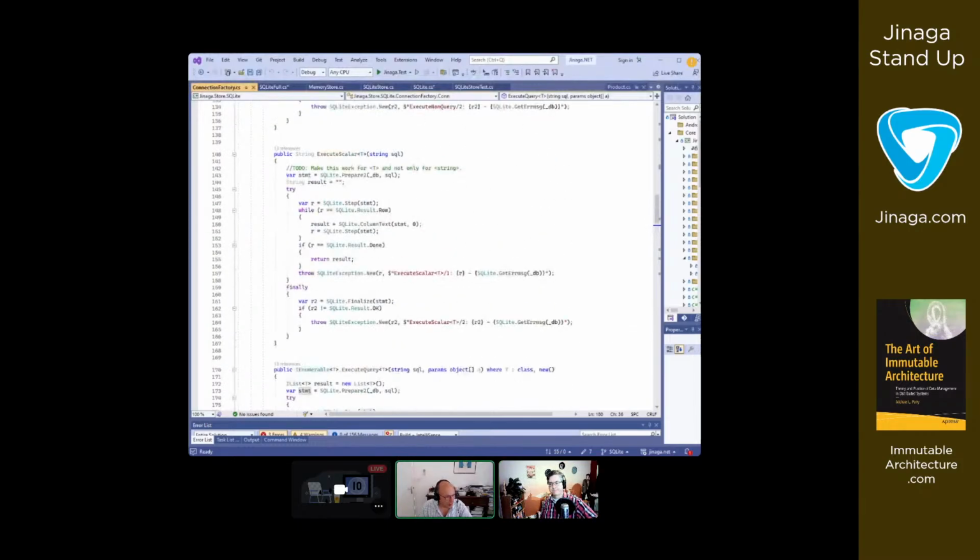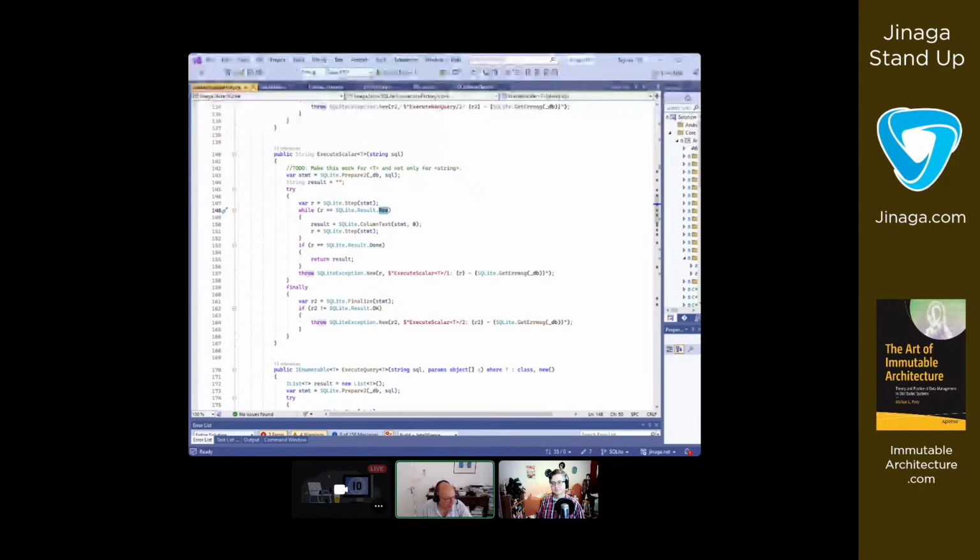Yeah, because if I look, for example, at the scalar, which I used before, here it was actually quite easy. You just add a row, and it returned a type, and I added here, make this work for type T and not only for strings, because in this case it only works for strings.